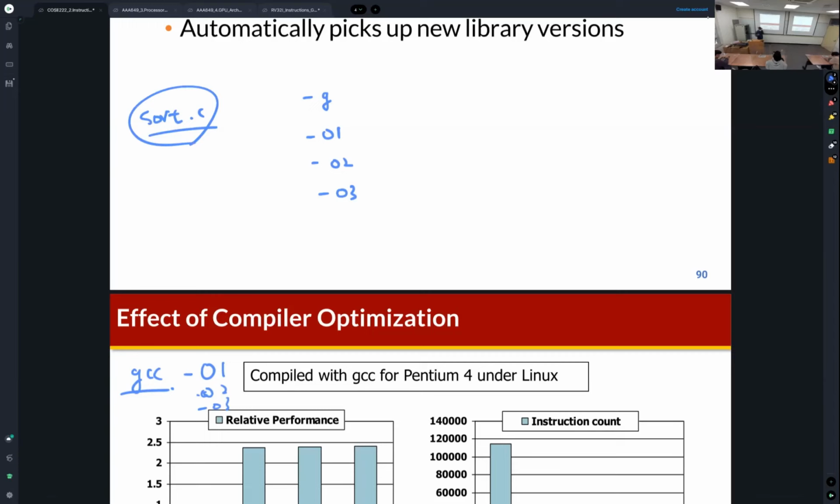Even though this same program is compiled, the compiler can generate many different binaries using the different compilation options. So O3 is the most optimized